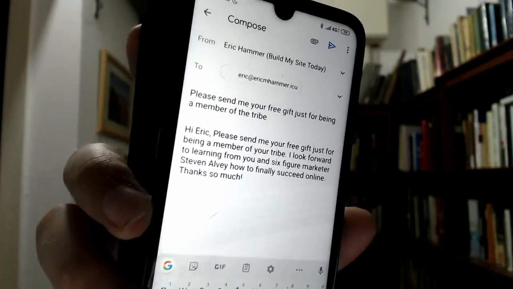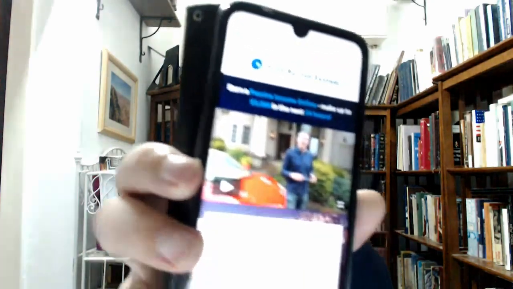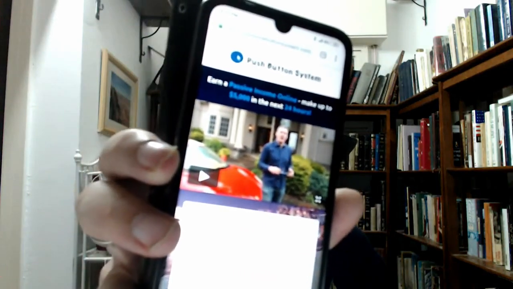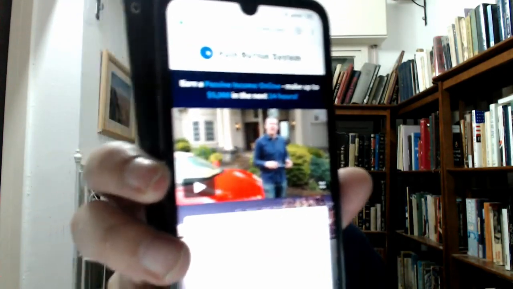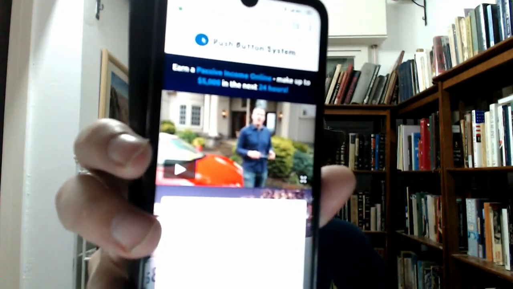Once I've sent the free gift request, let's go ahead and close it up, go back to our Google, and there you go. Once they've sent the request for the free gift, they're going to go to a tripwire offer that we've set up. And of course, if we go back into the actual software, you'll be able to see that everything has